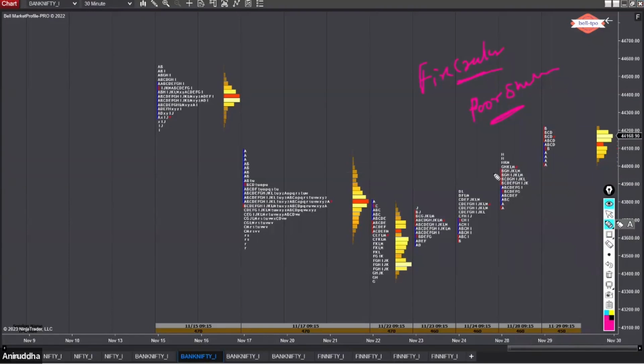Now, if I look at this profile, do I see any poor structure in this profile? I don't. Here, yes, lots of poor structure. Here, yes, poor low. Here, there is a low usage area. So if the market is not going to go up and if it is going to fail here, then all this poor structure might attract the prices, because this poor structure is forcing